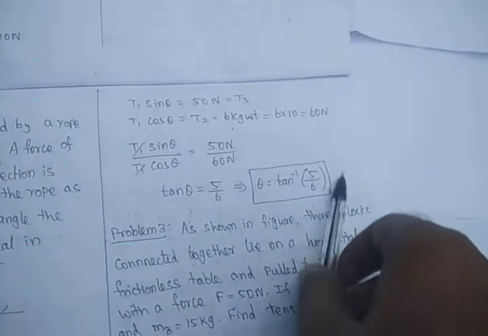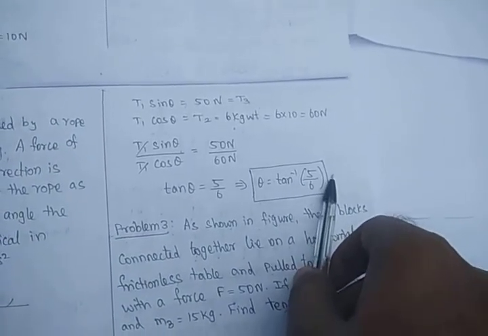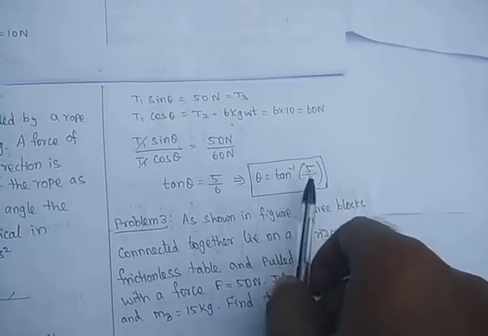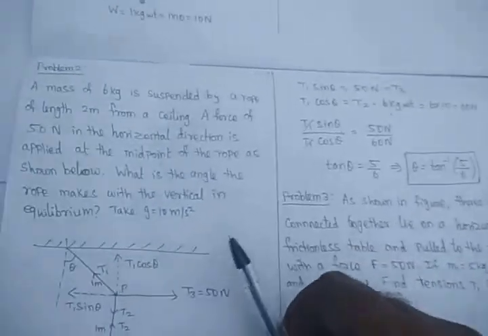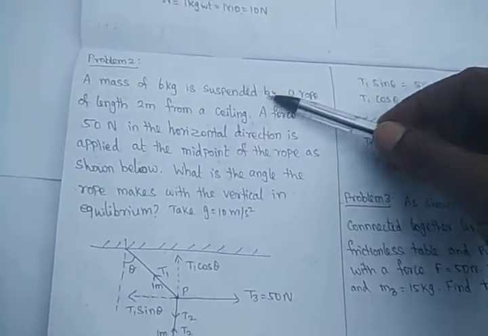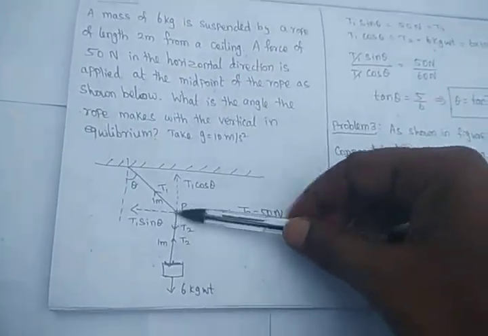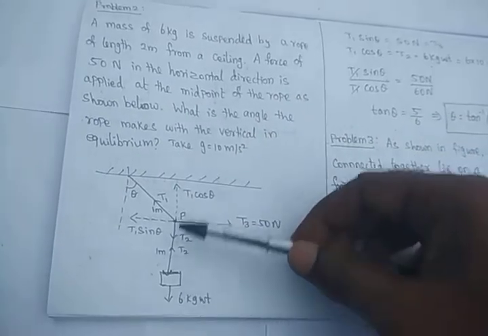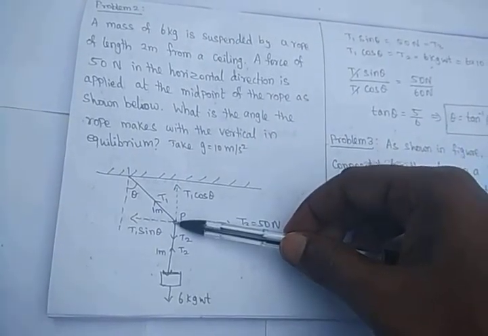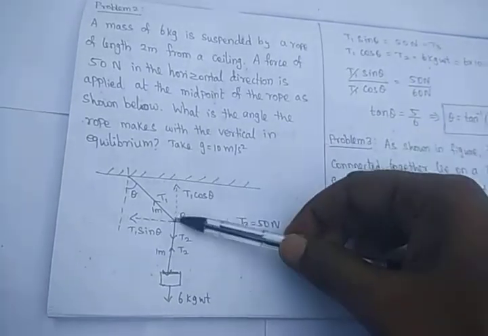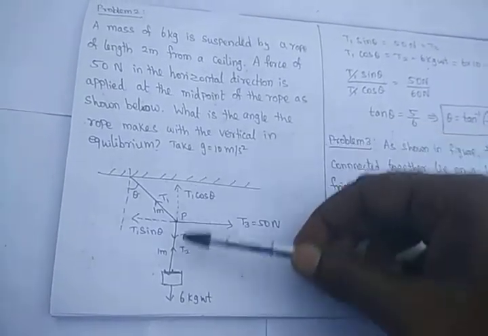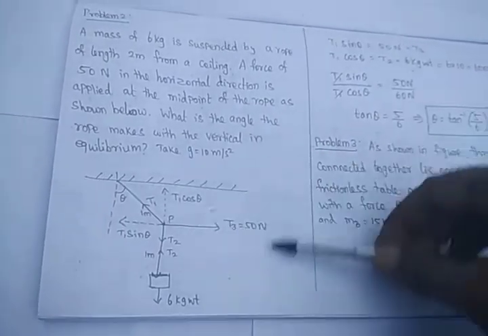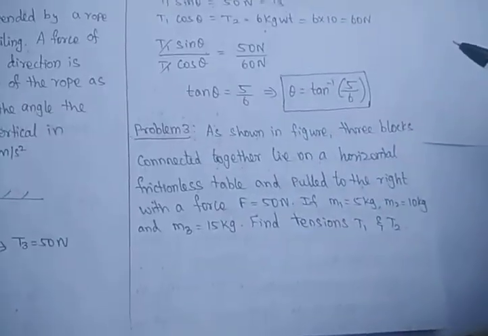So we have to use a logarithmic book to find the exact angle. Dear students, if you do not have one, just write it as theta is equal to tan inverse of the ratio. You may be awarded the full mark. So very simple. If you pull in this direction, the tensions T1 and T2 will be going in this direction. So we have to resolve T1 into components T1 cos theta and T1 sin theta. T1 cos theta is equal to the weight of the body and T1 sin theta is equal to the applied horizontal force.